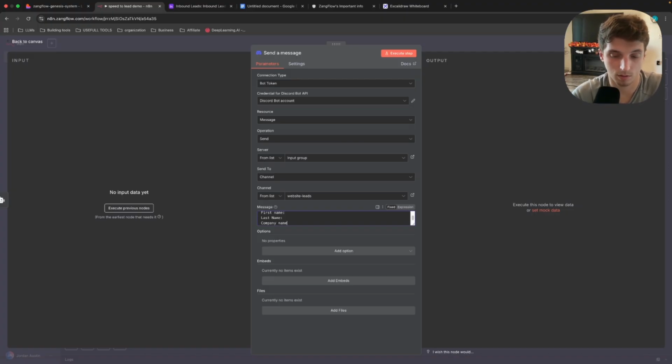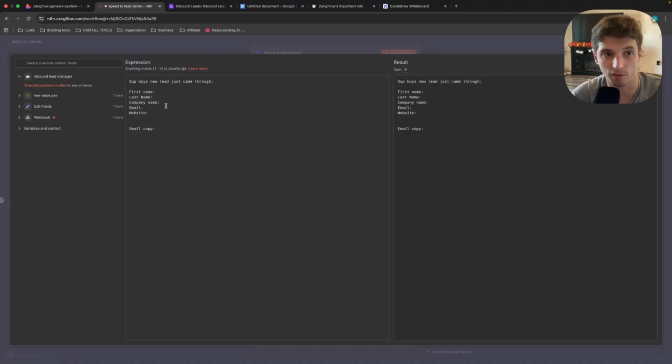Let's see here. We'll do email, website, and we will do email copy. That way we can see exactly what email was sent through. Okay, now we haven't actually mapped that through yet because we don't know what the variables are going to be. So just type this out, we'll run it through, we'll execute the agent, and then we'll be able to see what the fields are to be able to map them out to complete